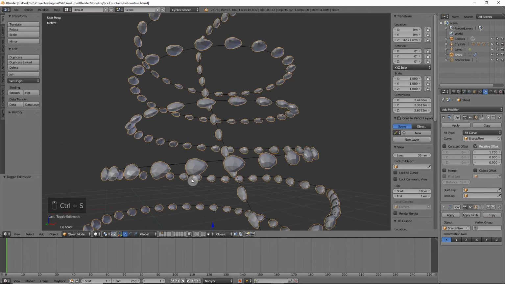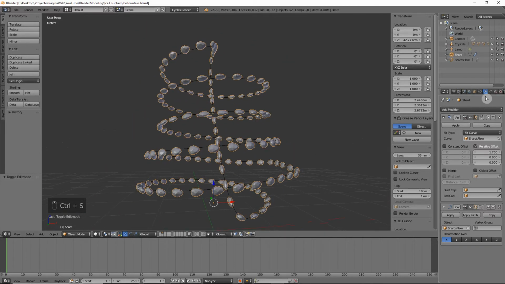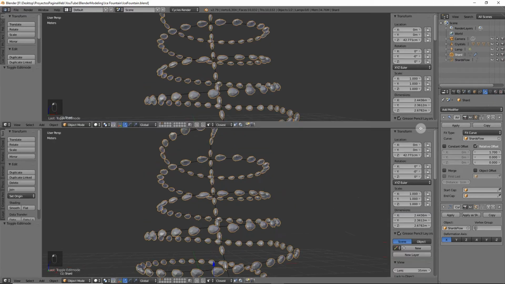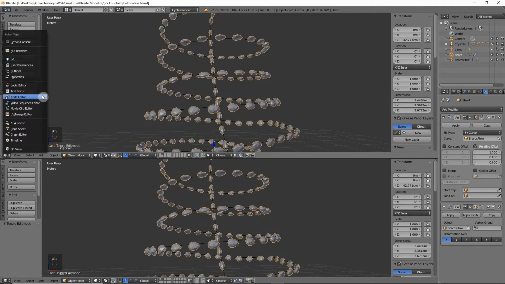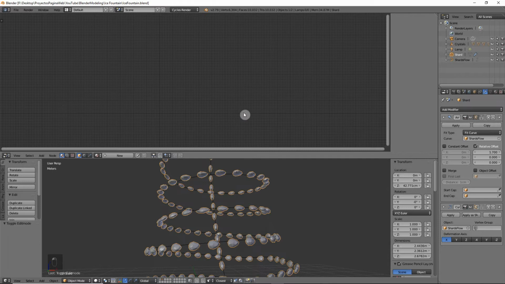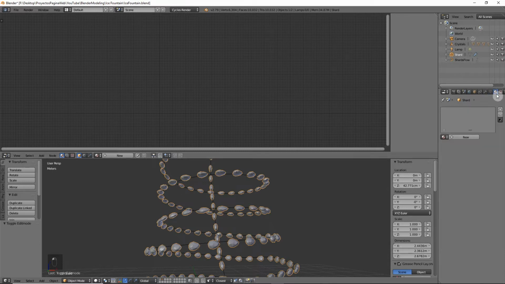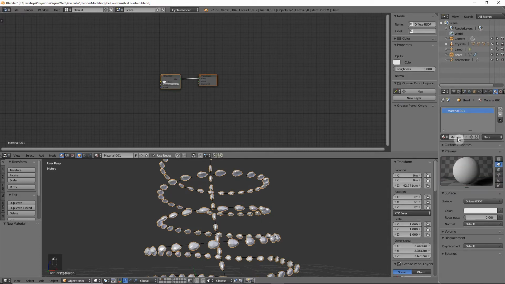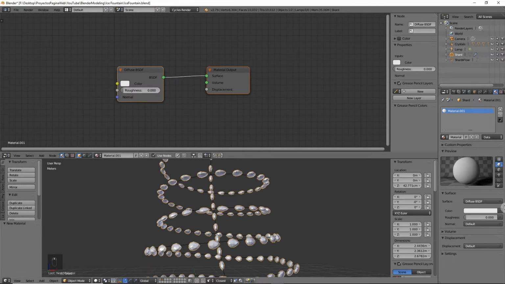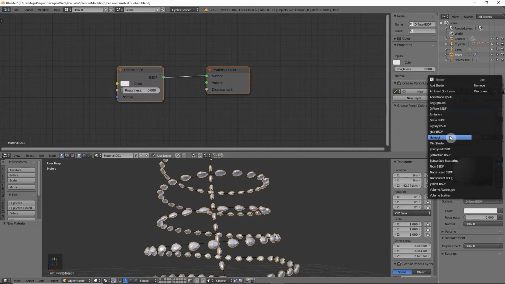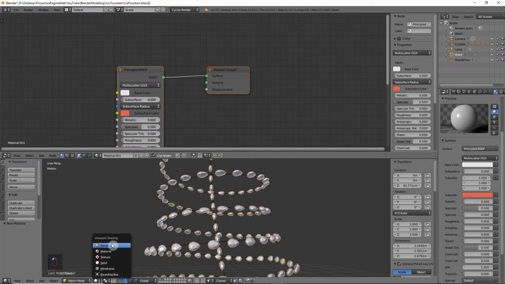So since we don't actually need to apply any modifier yet, something we can do now is we are going to add another window. We go back to the node editor, and we're going to start by adding a material. So the shard is going to have a different material. We're going to use the Principled. Oh, let's just go to render,